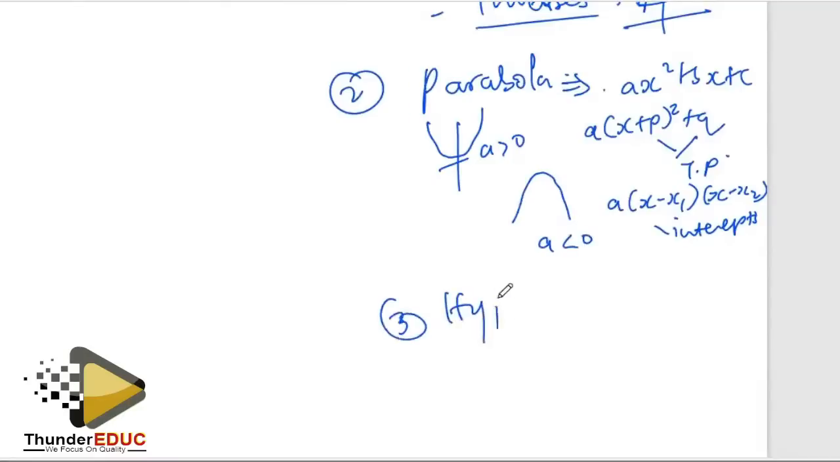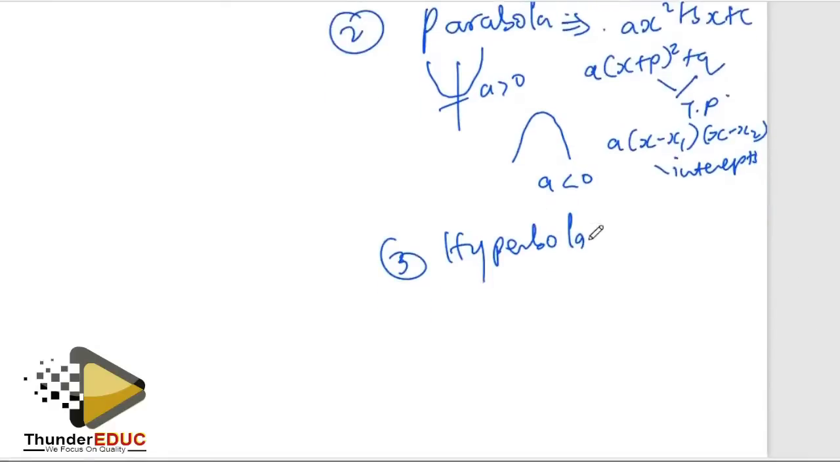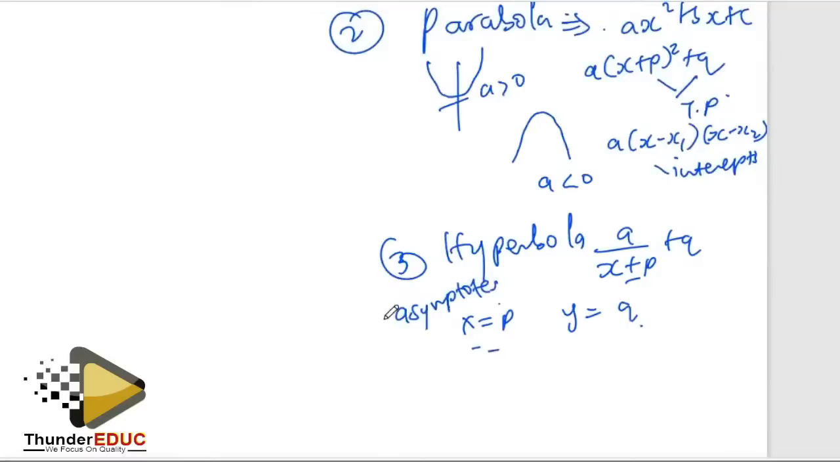Then we have the hyperbolas. Hyperbolas, so if the denominator has x involved, okay? So a over x plus p, plus q. So with the hyperbola, we need to know how to get the asymptotes. So with asymptotes, we can say x equals negative p or y equals q, depending. If p is negative, then x is going to be positive. Say it's positive, then x is going to be negative. These are asymptotes, guys. Okay, so having obtained the asymptotes, we also need to know